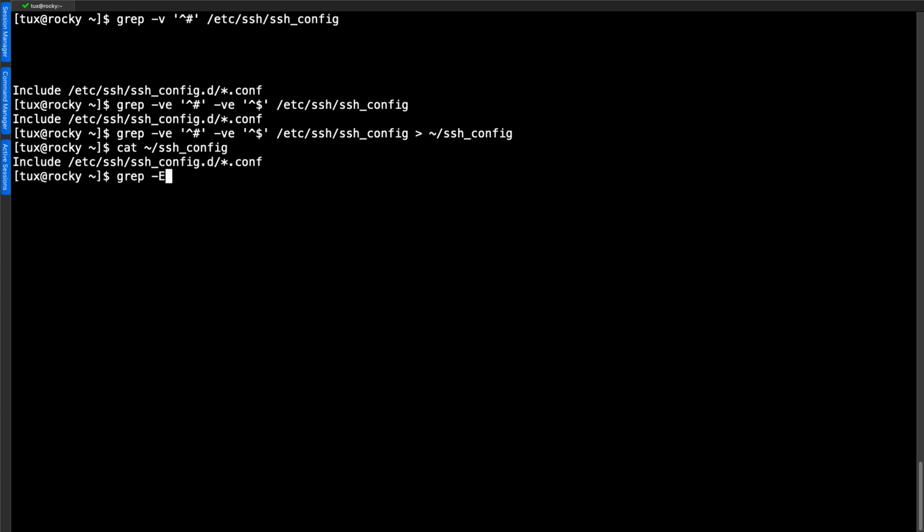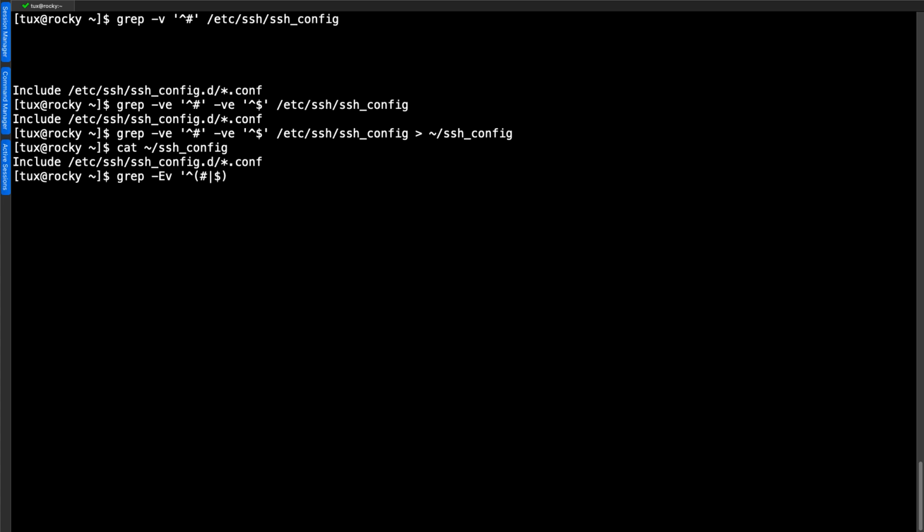Using an enhanced regular expression, uppercase E, we can combine those two expressions together. So I still want to invert the expressions, and I want to look now for lines beginning with, and the parentheses allow me to add in a group, and I can say a comment, or with the vertical bar, the dollar being the end of line marker.